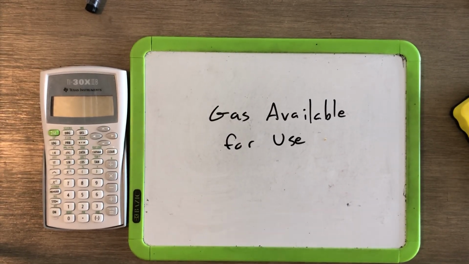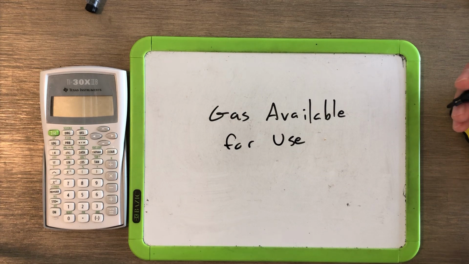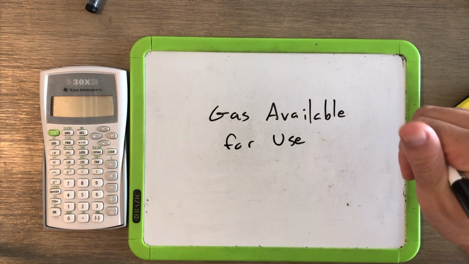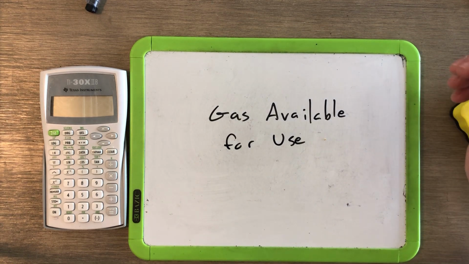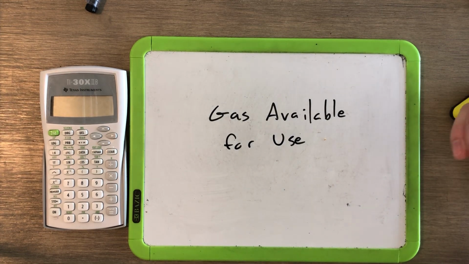All right, this topic is going to be about gas available for use. So we already talked about our gas in stowage. Now, not all of that gas that we have in stowage is going to be available for us to use. For example, the floodable volume of a Mark III flask that we talked about in our last example is 0.935 standard cubic feet. And when it's totally empty, if you were to take the top of that off and just set it on surface, you would still have 0.935 standard cubic feet of air in there